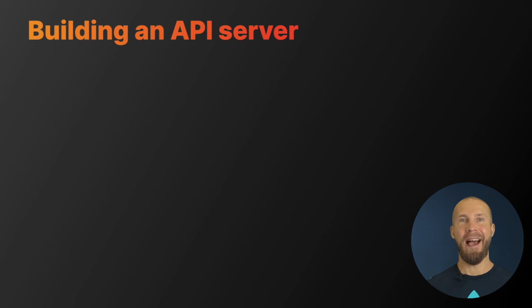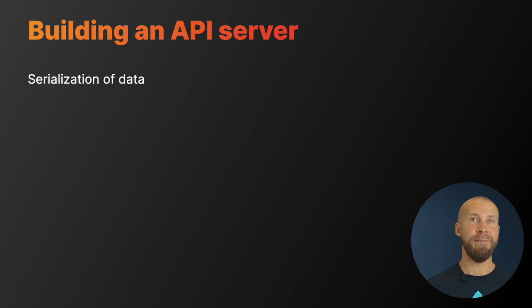For instance, if you have a chat app, you will want to pass messages to and from the server in real time. The most common way to communicate between the client and the server is using HTTP and passing JSON objects, which is often referred to as a REST API. To build a server API, a few things need to be in place. First, we need a way to encode and send our objects. This is called serialization. We take an object in the server's or client's memory and create a textual representation of it.